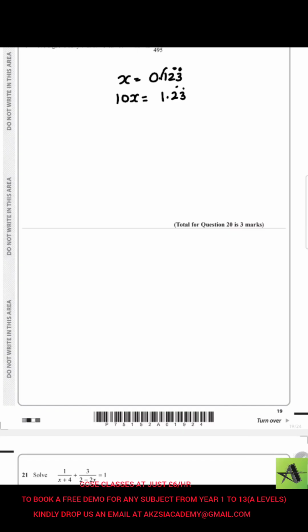Previously 1 was there, which was not recurring, so I multiplied by 10. I have to do one more time. One more time I have to multiply so that there will be a recurring number after the decimal, because we know 1.23, 23, 23 endlessly. So if I multiply this with 1000,